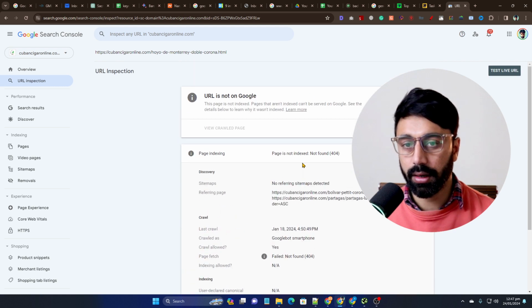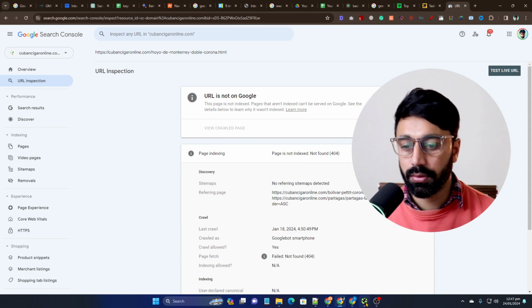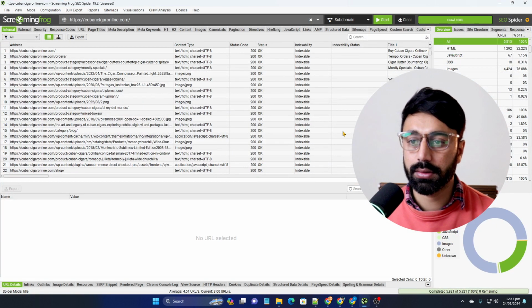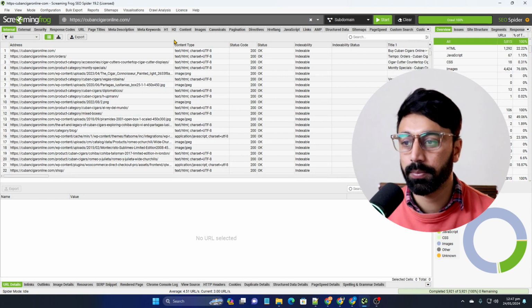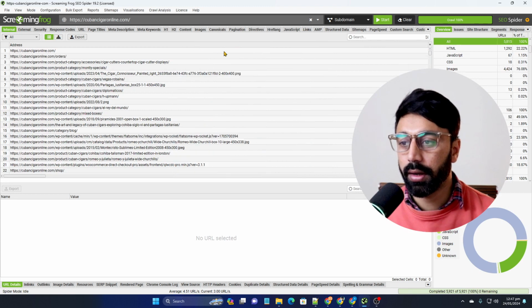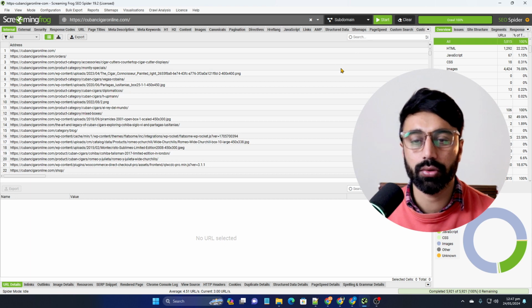And that is why I always prefer Screaming Frog, because with Screaming Frog we can track where the 404 error is coming from. So all you need is to crawl the website with Screaming Frog. As you can see, I have already crawled the site, and the crawl is 100% completed. You just need to put in the URL and click on start, and it will start crawling your site, and you have to wait until